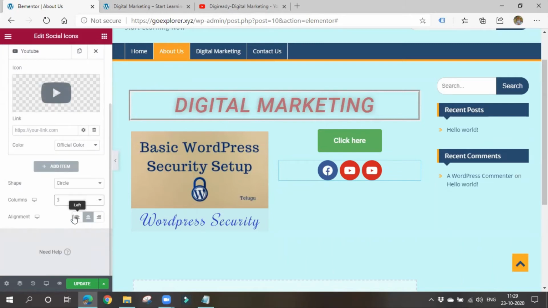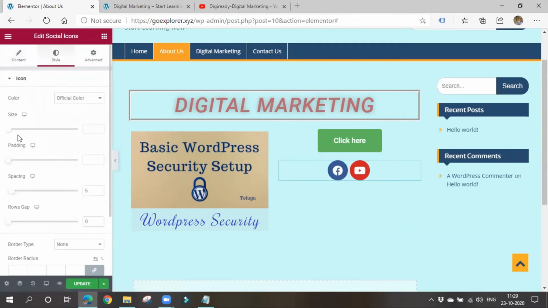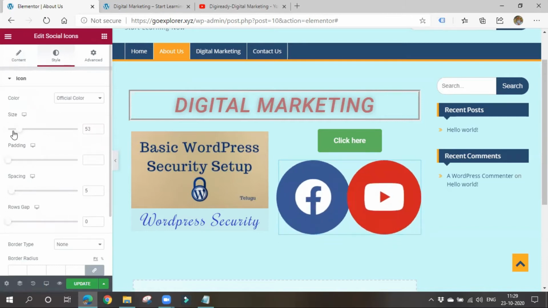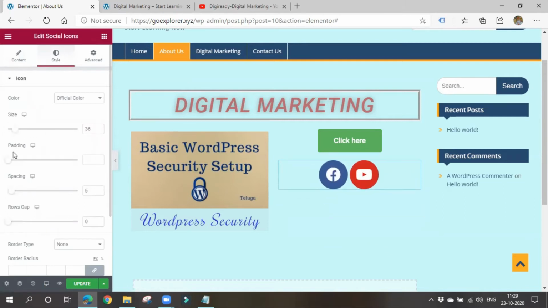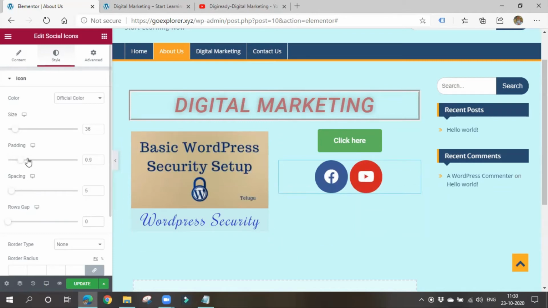And also alignment, you can choose whatever alignment you want. Style, okay, size and color, you can also increase or decrease the size. So like this. So you can also give padding, spacing between things. Okay, spacing between the icon and the round. Okay, here there is a circle. This is the spacing between icon and the shape. Okay, so like this, you can choose whatever thing you want. And also here the spacing between two things.